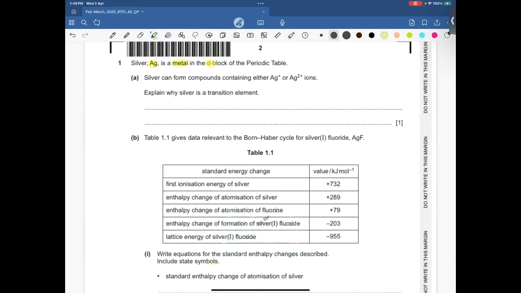Silver is a metal in the D block of the periodic table. Silver can form compounds containing either silver 1+ ions or silver 2+ ions. Explain why silver is a transition element. So silver is a transition element